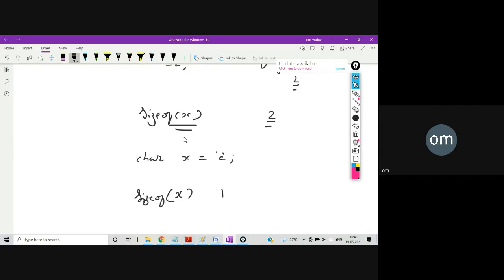So why is this operator important? This operator is important because suppose I'm writing a program where the size of a data type matters. Okay, I must determine first what is the size of the data type, and depending on that I'll be doing the calculation or not. So if I don't know on which particular operating system my program is going to run, right, the size may differ, right?